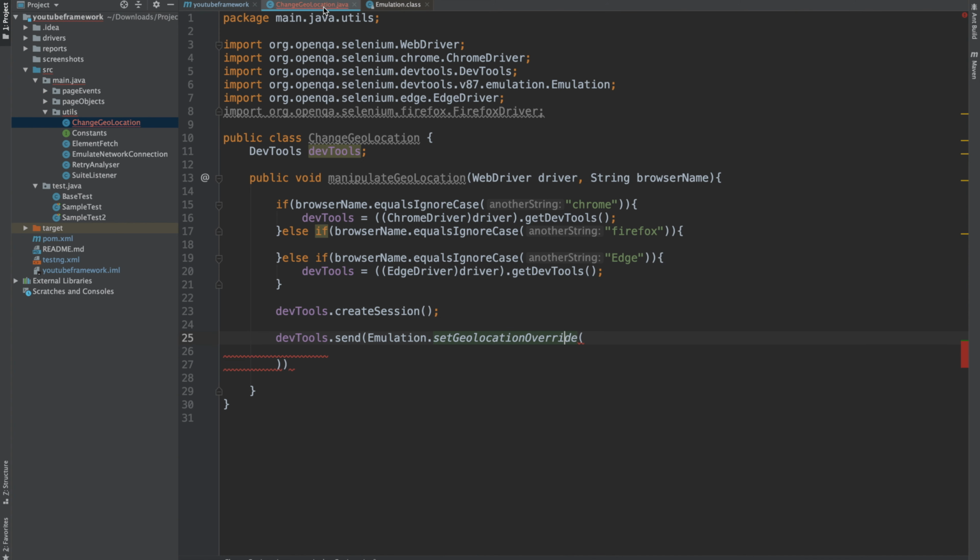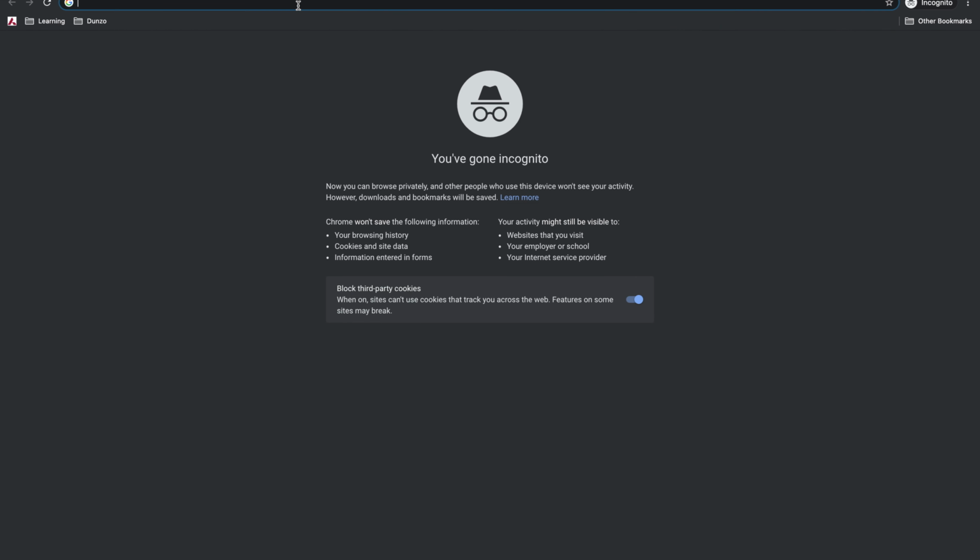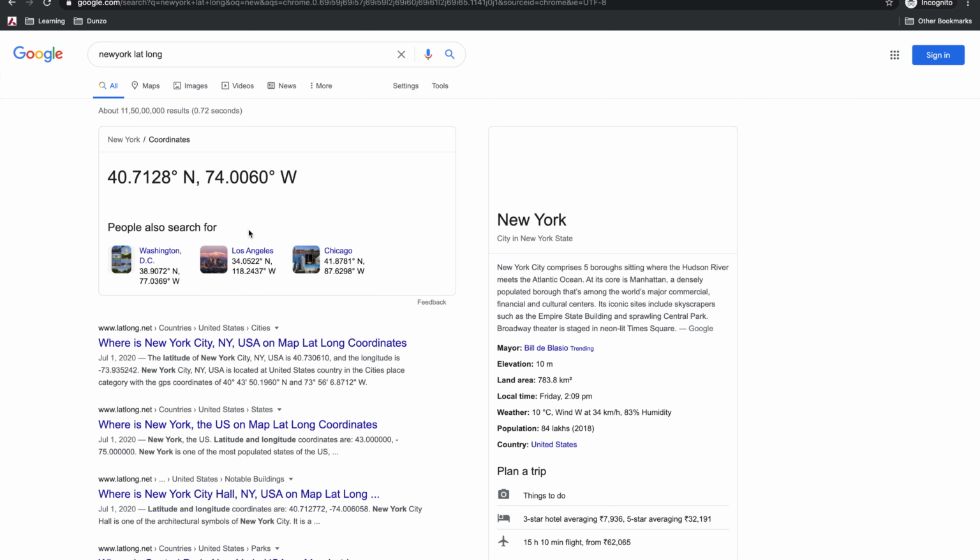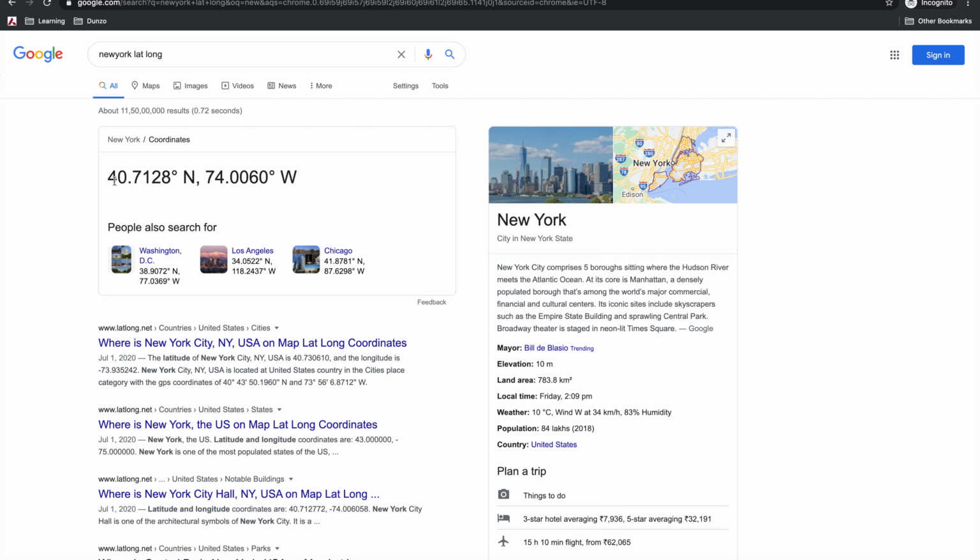So now what we will be doing, we will be setting the latitude and the longitude of New York. So now let's see what is the lat and long for New York. New York lat long. And so we can see that the lat long for the New York City will be 40.71 north and 74.00 west. So as this is west, we need to put the value as negative.